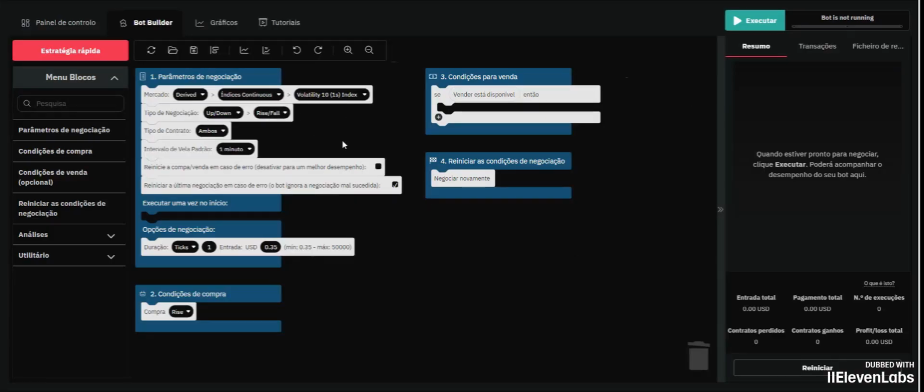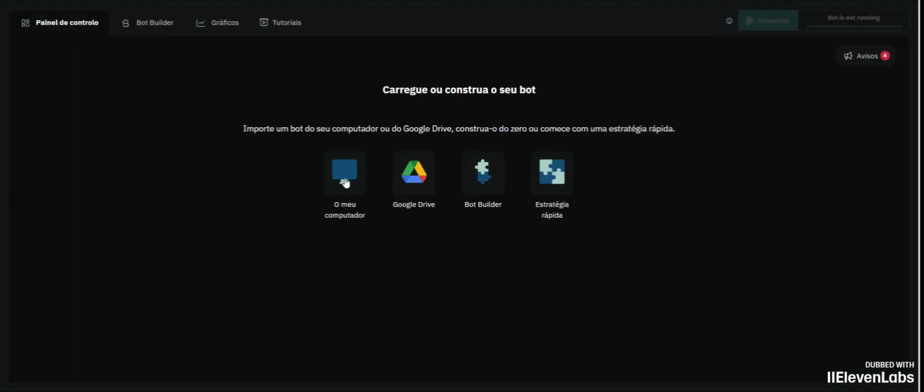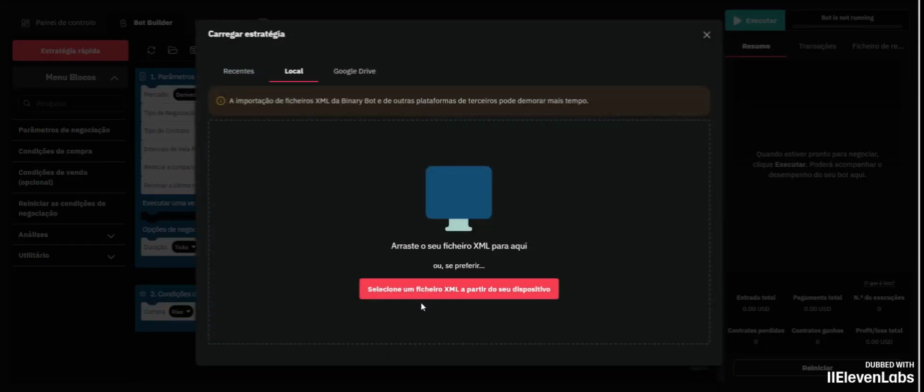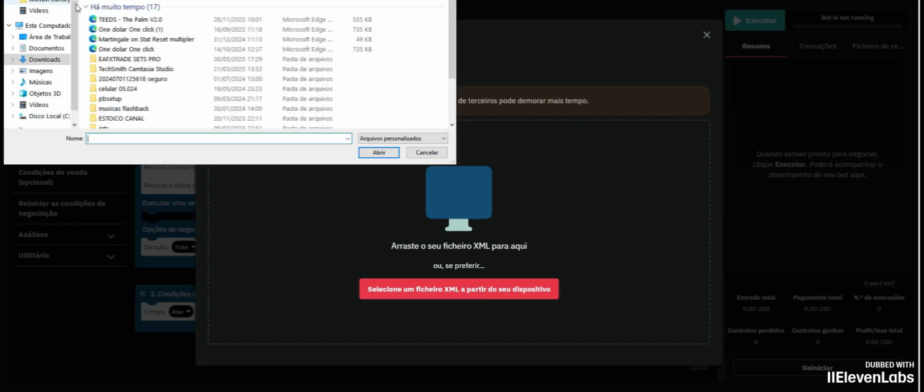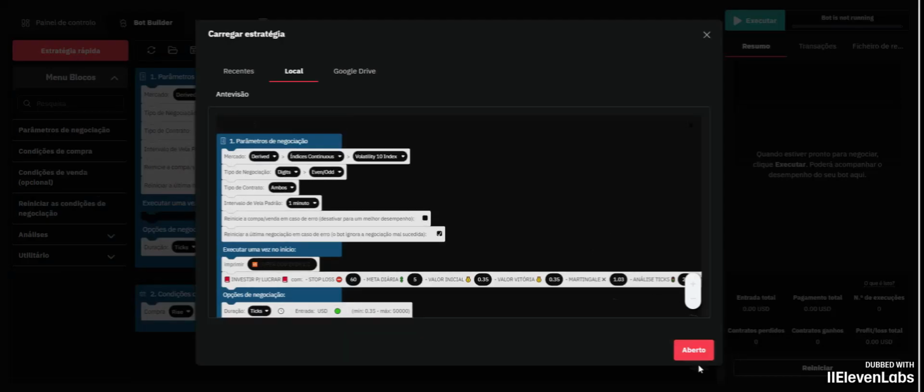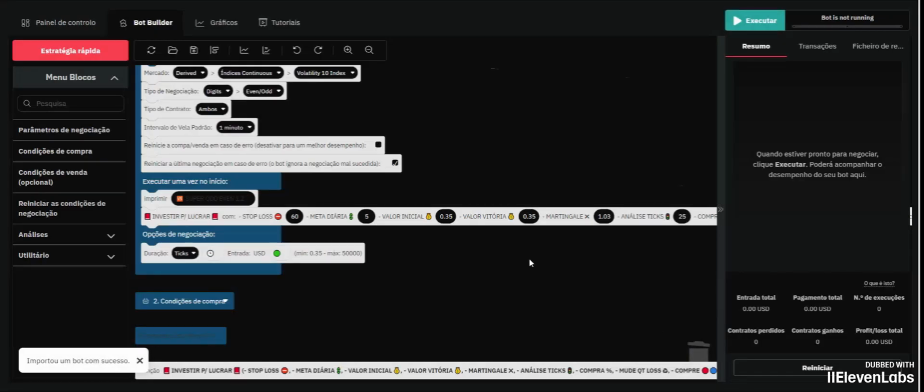Knowing all of that, we'll now head back to our robots page. Okay, we're already successfully logged into the bot's control panel. Now, to download and load the strategy here, we'll click on control panel. You'll find the strategy on your computer, on your device, or your phone. It will depend on which platform you're using. Then click file, to load the strategy. Double click, I'll load the strategy here. I'll open it. Once that's done, the strategy is already loaded here on the screen.